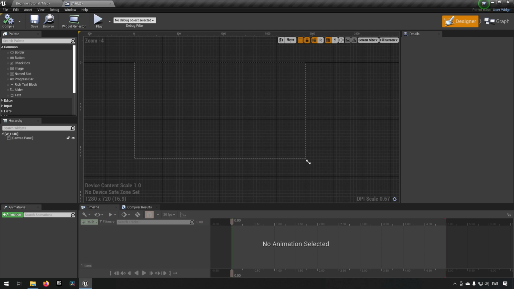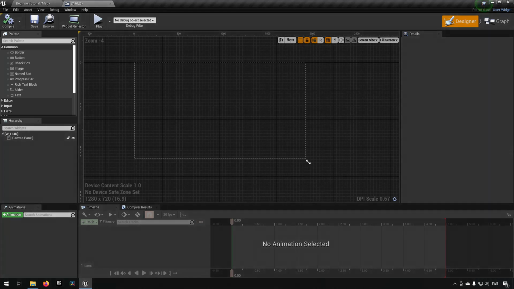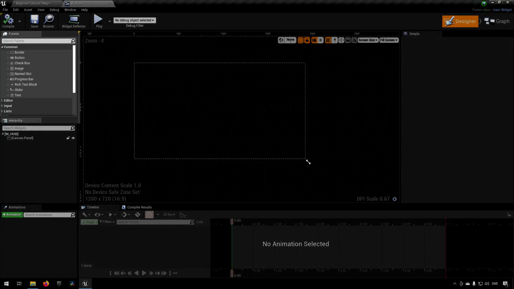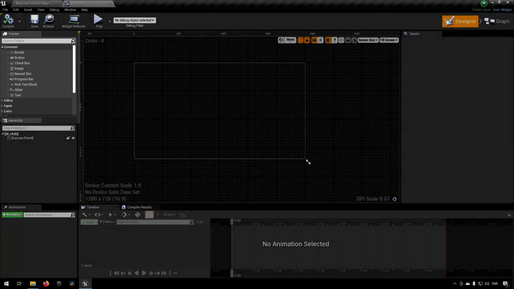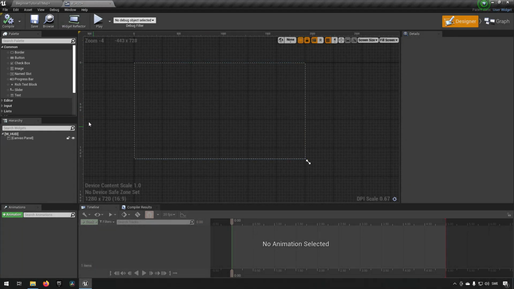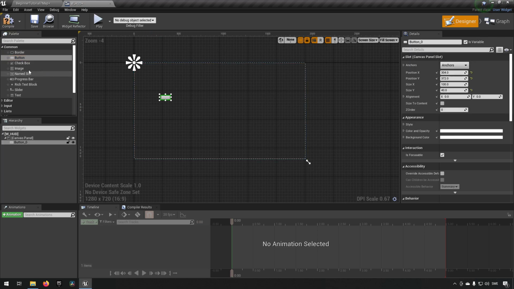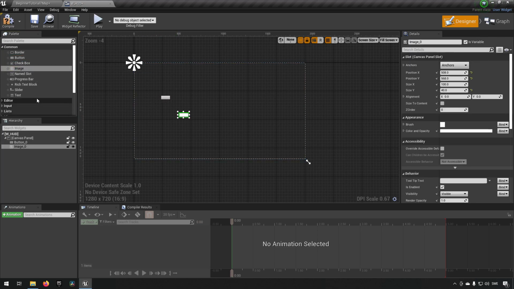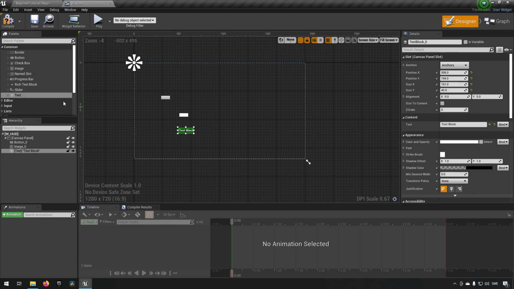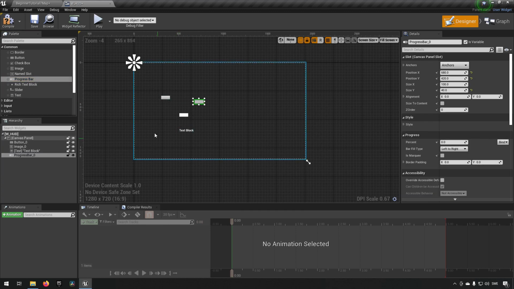Okay, so let's go through the different elements we have available to us. In the top left we have the palette. The palette allows us to pick different predefined components that we can use to put in our work area, which is in the middle of the screen here. So this could be things like buttons. You can drag and drop them if you want to. There can be images, there can be sliders and texts, progress bars, all kinds of different elements that you can put into your